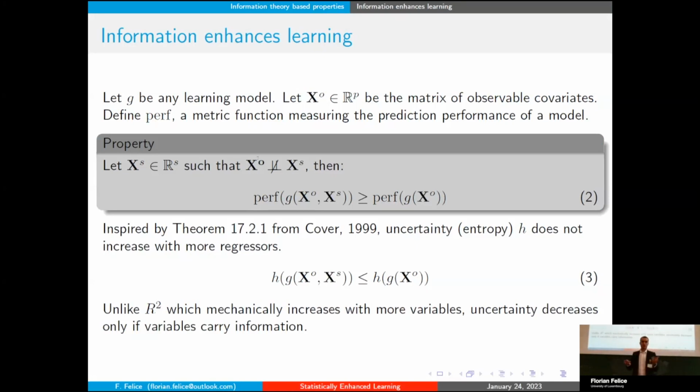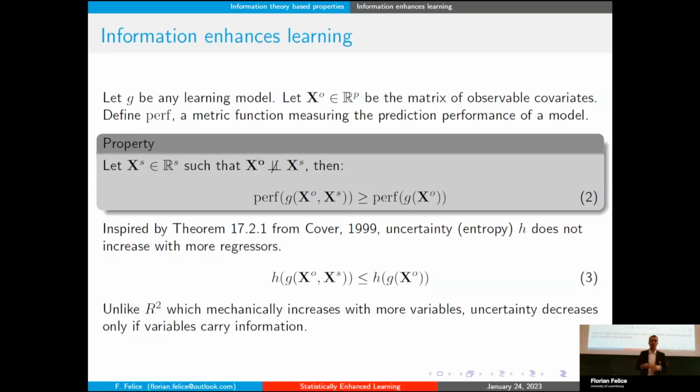And then we have some first matrix XO with observed variables that we can have from a data set. And we also define a perf function, which is a metric which computes the performance of the model. So it can be the usual accuracy, the RMSE, any kind of metric we want to use.